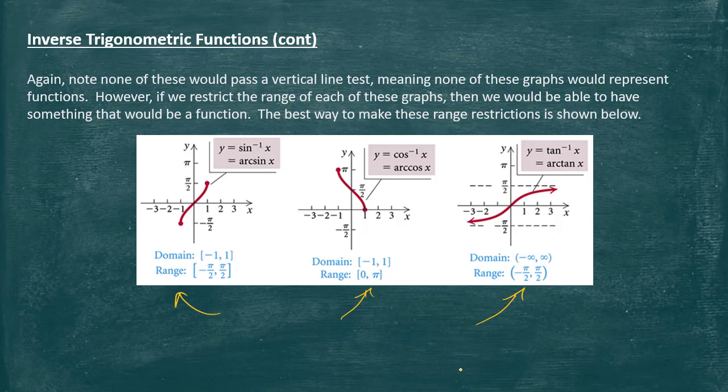So since I'm swapping the inputs and outputs, now I can only plug in numbers between -1 and +1, and it will only give me answers back, as you can see here, inside of the range from -π/2 to +π/2. Technically we could also convert that into degrees, where I could say that that would be something between -90 degrees and +90 degrees, and technically can include